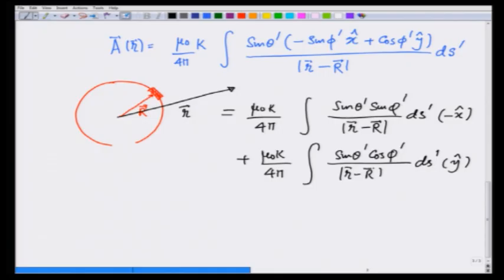Keep in mind that this vector capital R that I have written, right, vector R is nothing but